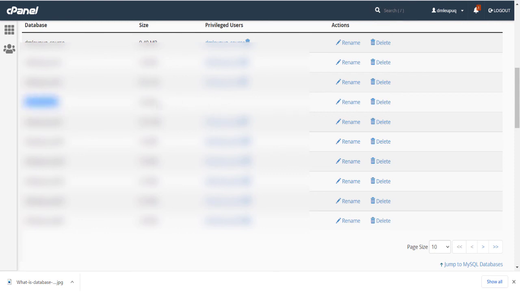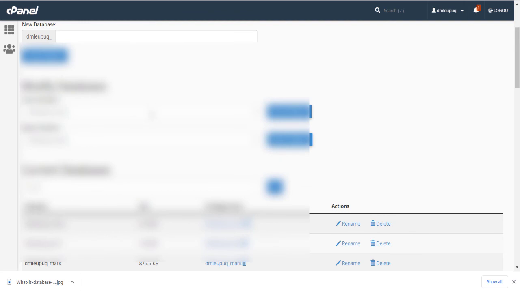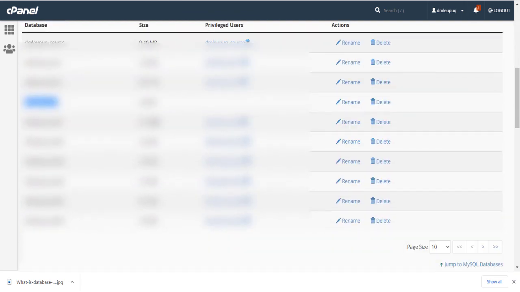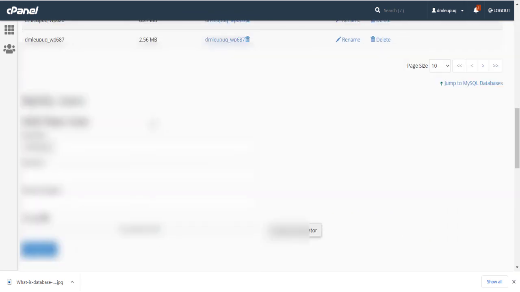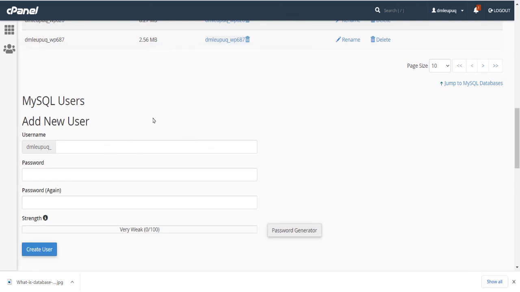Now there is no user, so you need to create a user. Why are we creating a user? Because every database has a user. We have created a WordPress site, so WordPress has a user so that the user can access the database. Without a username you can't even create a database, so a database user is compulsory. Every database user has rights, login, and passwords, so it's a compulsory step.